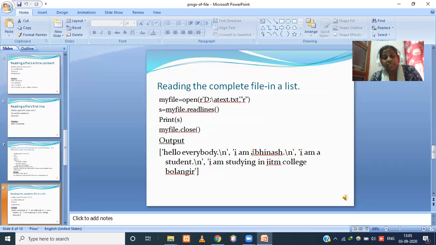"I am Avinash" is the second element, and "I am a student" with new line is the third element. "I am studying at JTM College" is the next element. So each line is converted to a string element and put in a list. Okay, so in this way you can do it.